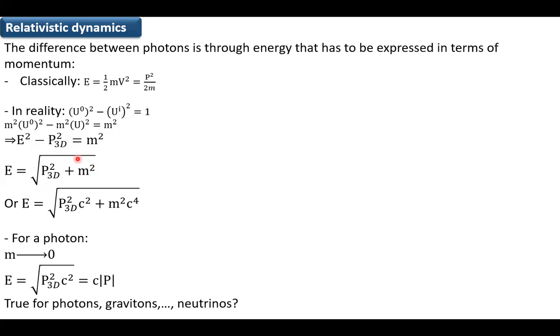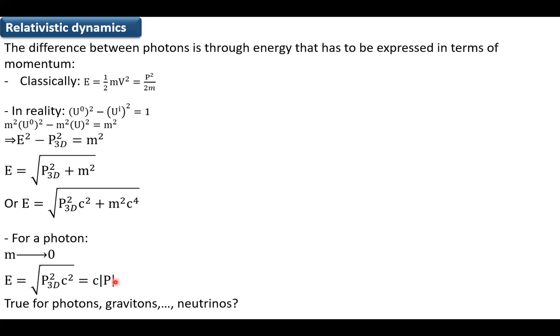Or if you arrange the dimensions, you will get the famous equation that you already know from previous courses. E is equal to the radical of p squared c squared plus m0 squared c to the fourth. Okay? So for a photon, the mass is 0. So the energy will be reduced to the radical of p squared c squared, or c times the absolute value